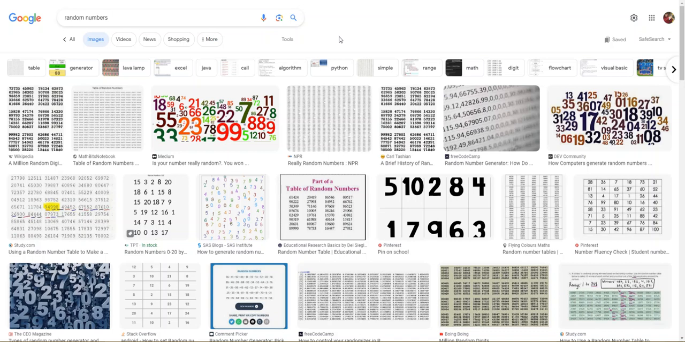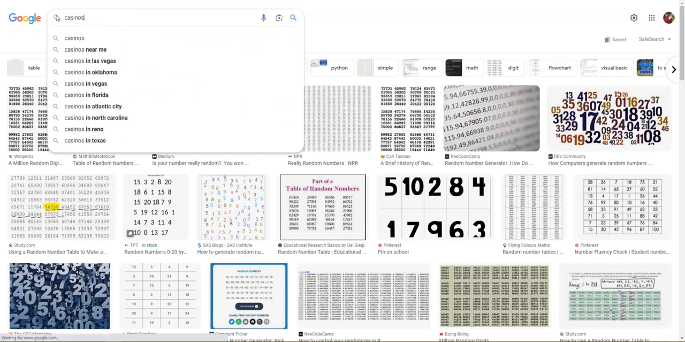So depending on what you're making, a game or any other program, you might want to contemplate the probability of getting certain things compared to other things. Now, there's plenty of things that use random number generation. Of course, we have casinos,